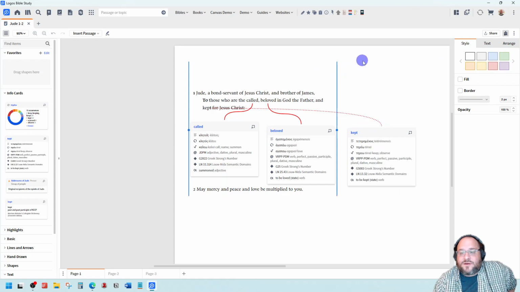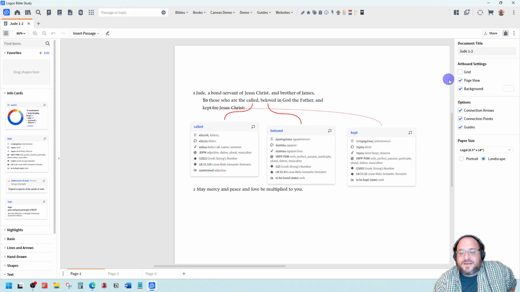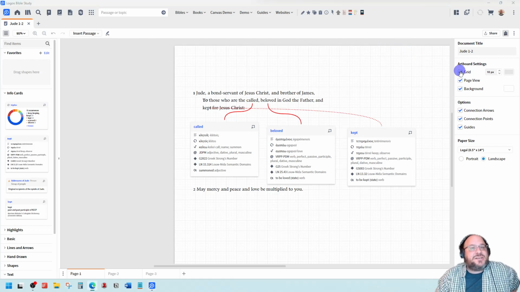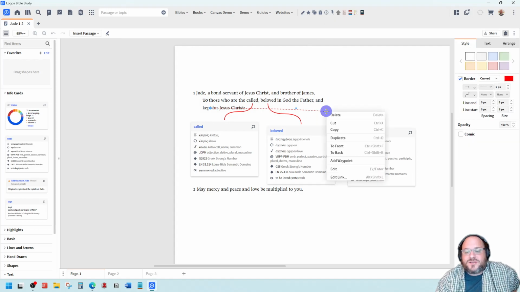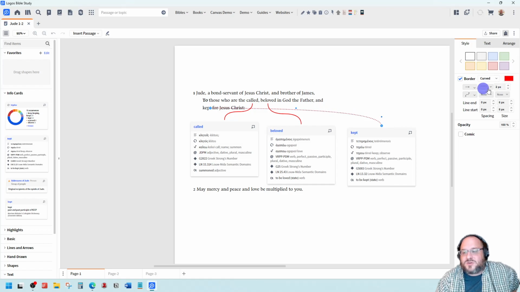If you ever need to have the grid so you can make sure things are lined up, this is not lined up very well. But if you ever need to, you can add the grid like that, and then you'll be able to get things lined up if it's a presentation type thing and you want to make it look good. I'm just using this for me, for our example, so I'm not that concerned about it. But I'm going to do two things. One, I'm going to make sure this goes back to a solid line in red. But do you notice how it says kept for Jesus Christ and it's on top? It almost looks like it is